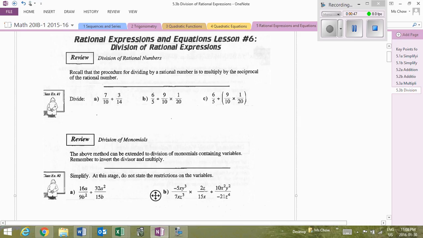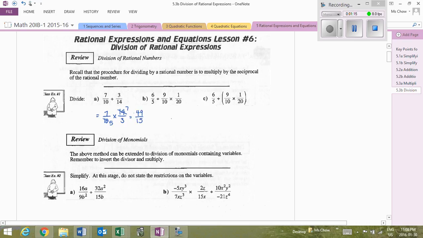So at this point, our very first step is to kiss and flip, as some people think of it. So 7 times the reciprocal, which is 14/3. And then at this point, rather than multiplying across straight away, this is where I can reduce. So 14/10 is the same as 7/5. And then we're just multiplying it across. So then that gives us